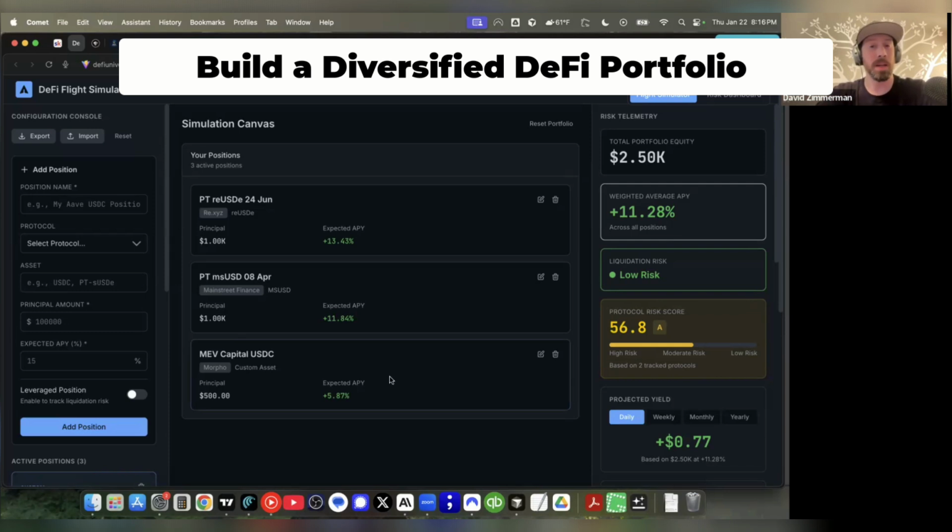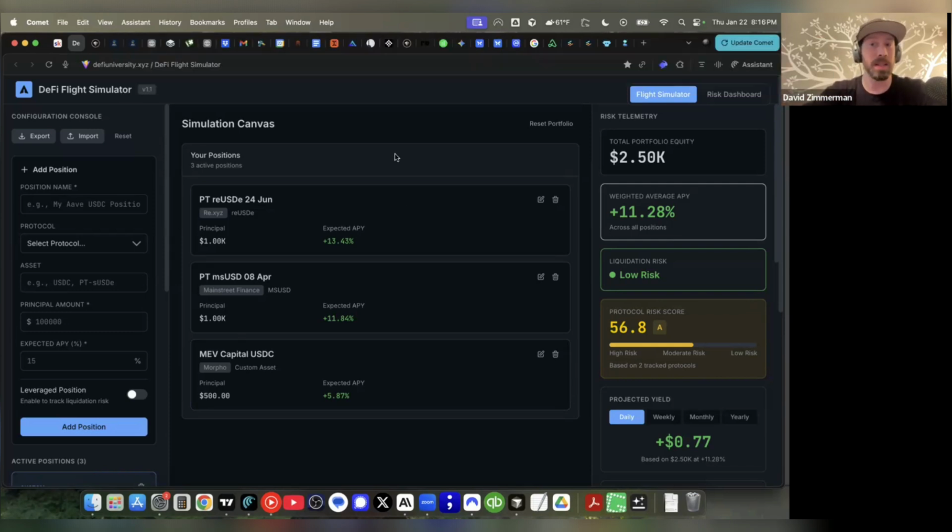You could also have just a single lending position, lending USDT or USDC on Aave. And then you could have a handful of PTs. That's basically like your bond ladder. And then maybe some mutual funds over here on Morpho, these managed curated vaults, which are basically mutual funds. And so all of those different positions together really, I think, help to create a diversified portfolio where you